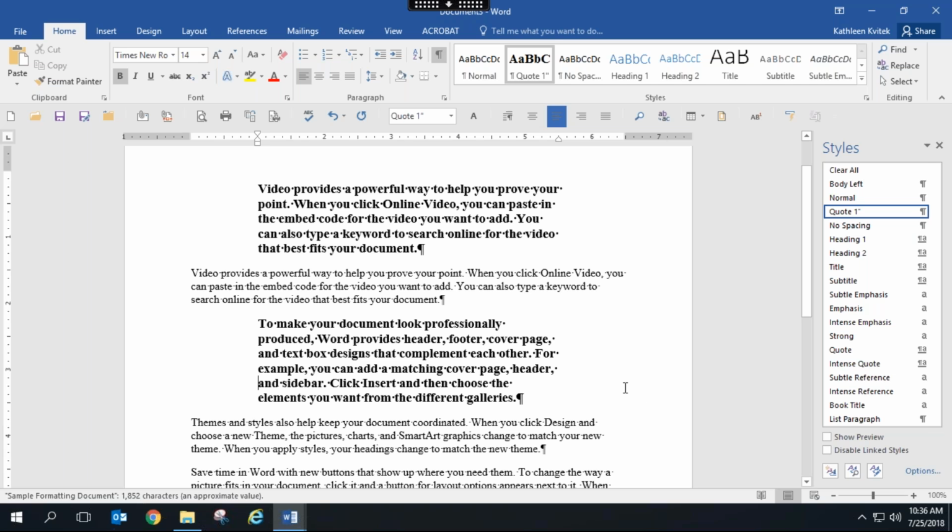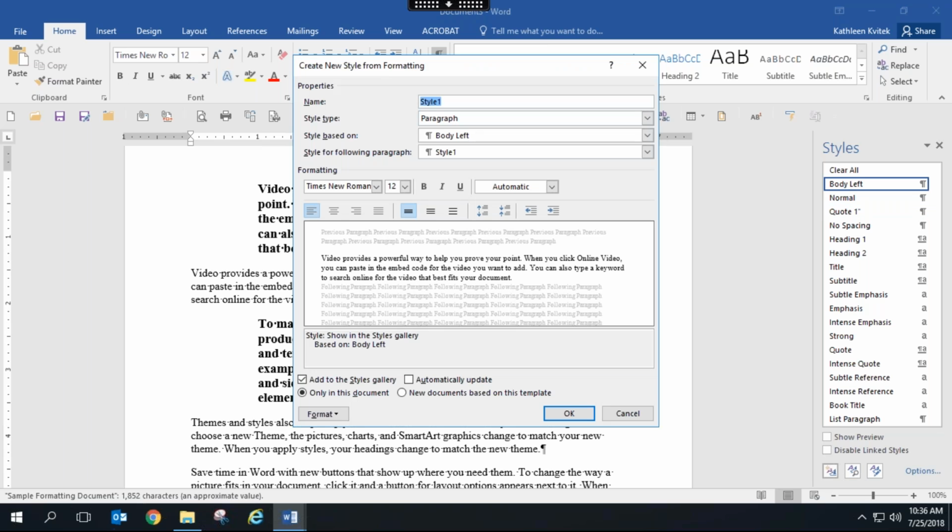Other ways to create styles: if you have your styles panel open, you're going to see buttons down on the bottom, and there is a button here that says New Style. This brings up the style dialog box where you can name your style, and then you can choose formatting options to create whatever style that you may want, including